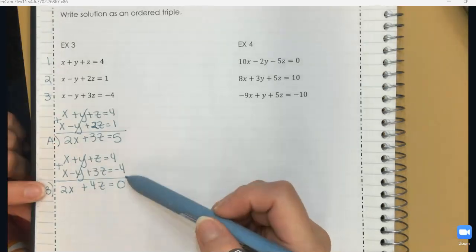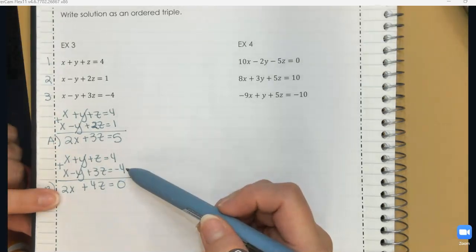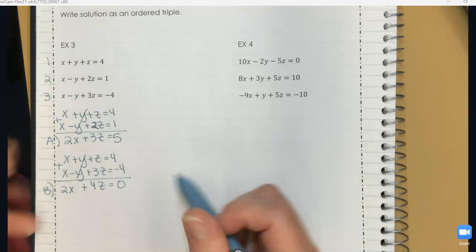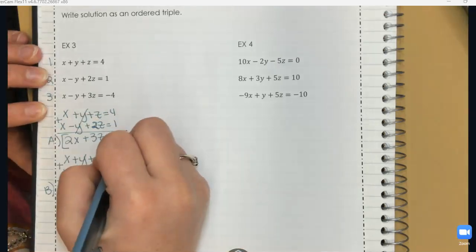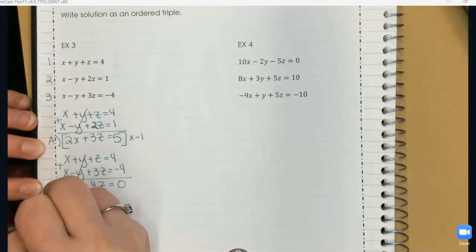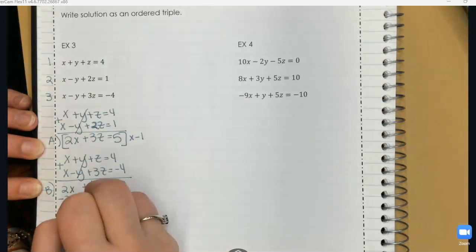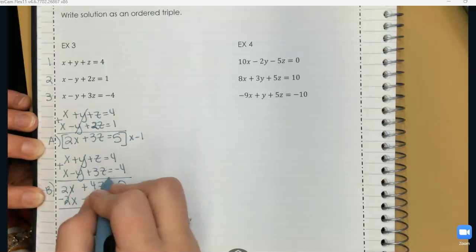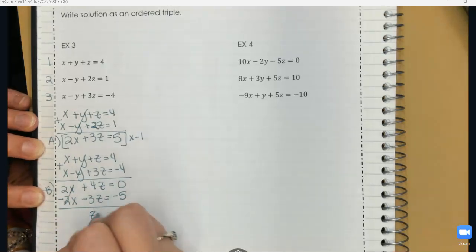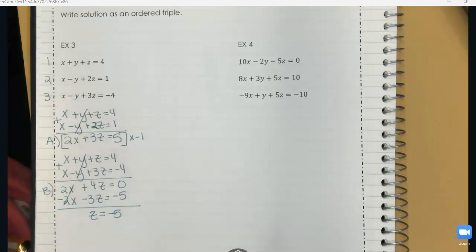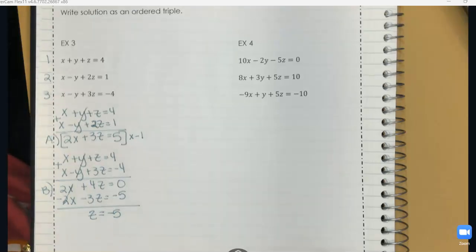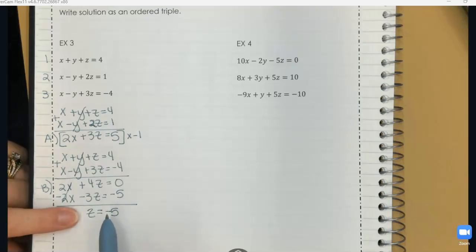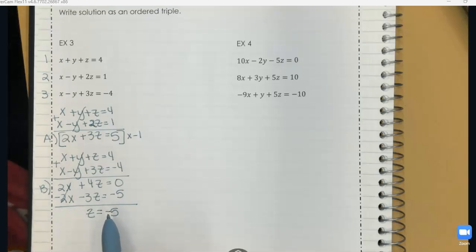So now I'm looking between A and B. I've got a 2x and a 2x. If I could manipulate one of them by, say, multiplying by -1, then I could get my x's to cancel. And in doing so, I will find that z is equal to -5. And just double checking, I did not make any errors with my negatives. We're good to go. Z is -5, so now I can find x by plugging back into either equation A